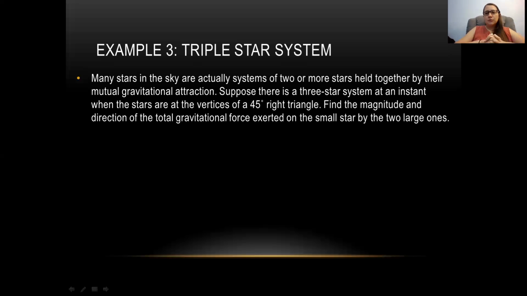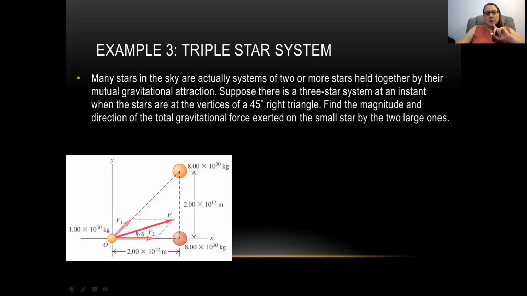So suppose there's a three-star system at an instant when the stars are at the vertices of a 45-degree right triangle. Okay, ideal case. Find the magnitude and direction of the total gravitational force exerted on the small star by the two large ones. So here we have a system of three stars orbiting around their common center of mass. We have a small star, which is just a measly 1 times 10 to the 30 kilograms. Oh, how cute. And then we have these two bigger stars, which are both about 8 times 10 to the